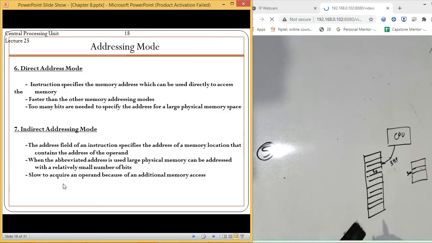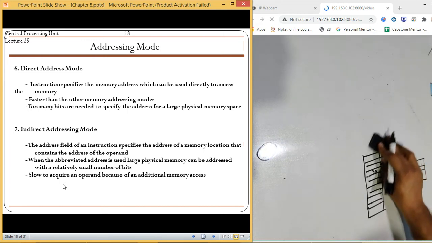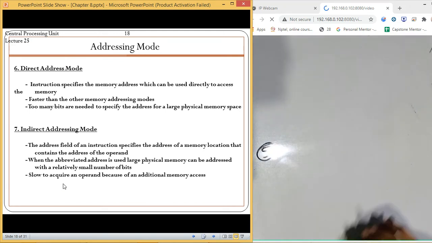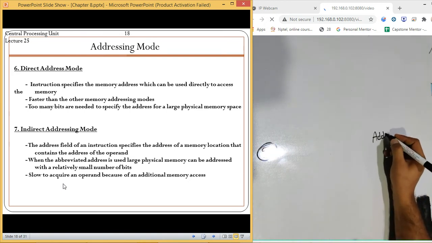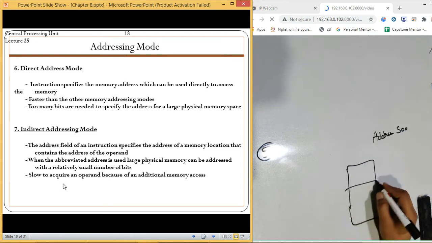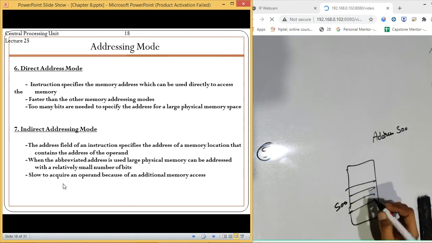After this, the next is direct address mode and indirect address mode. It is the same as the direct and indirect which we have done earlier. If it is 0, it is a direct address. If it is 1, it is an indirect address. If it is direct address mode, we directly get the operand at the location which is given. Like if the address is given as 500, we directly shift to location 500 and get the operand.